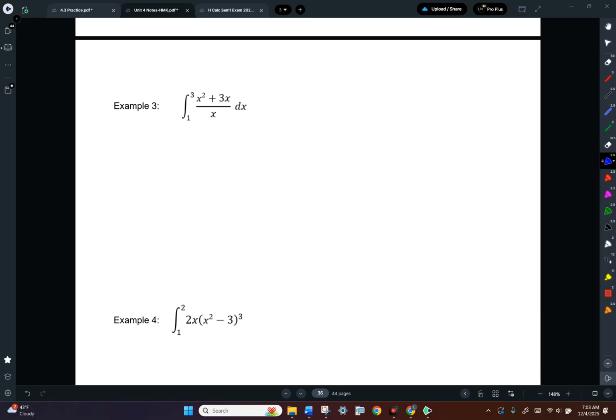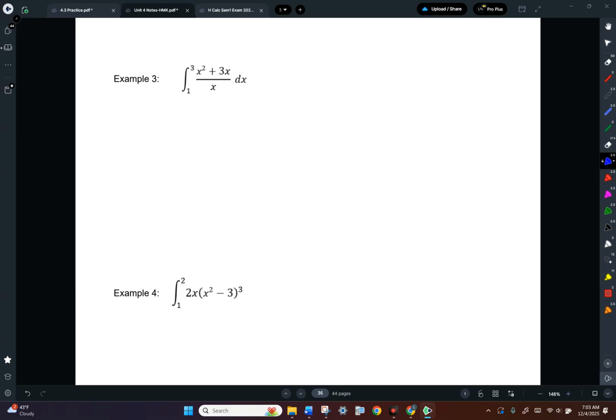So remember we said I can't integrate this as is, but what I could do is separate these terms. So what I really have here is the integral from 1 to 3. x squared over x is x, plus 3x over x is 3. So really, this is what I'm going to integrate. And if I integrate x, I'm going to get x squared over 2. And if I integrate 3, I'm going to get 3x. And if I evaluate that from 1 to 3,